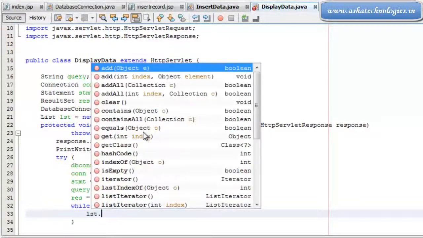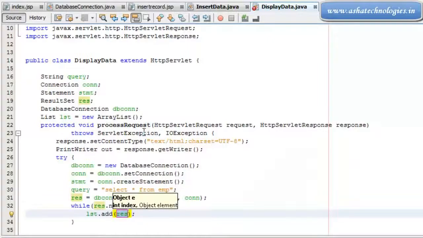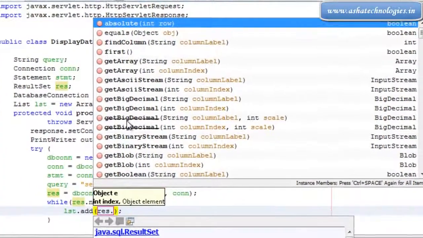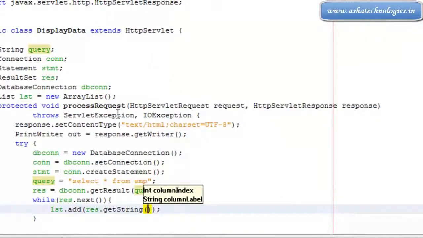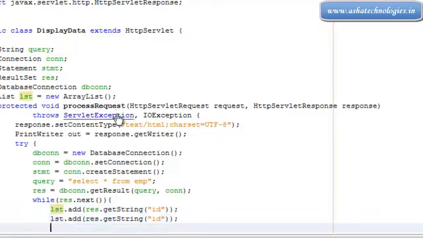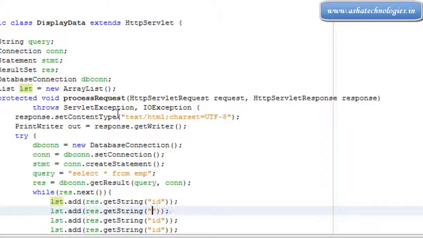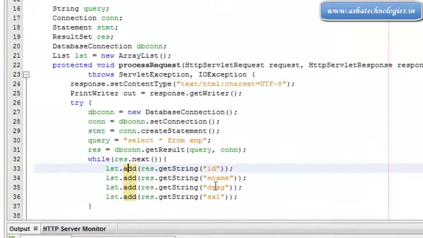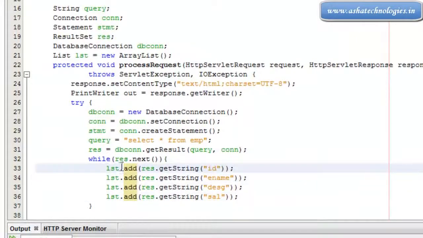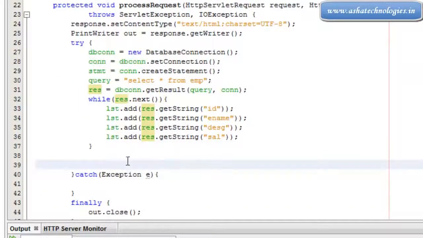So I'm going for lst dot add. I'm going to add the object, that is res dot get string, that is supposed to be id here. So I can go with the lst with id, ename and dsg and cell. So I can add all the data to the LST object. Once it is added to the LST object, if the record is found, then that will be passed through